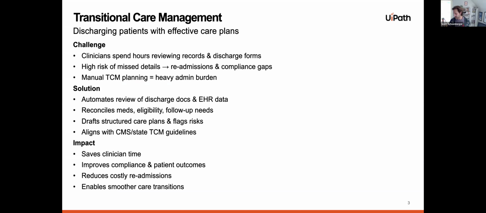So today, what I was thinking we could do is, and again, this is the same use case that we built together at the workshop at Fusion. It's a transitional care management chat agent, so to speak. So just to set the table here,